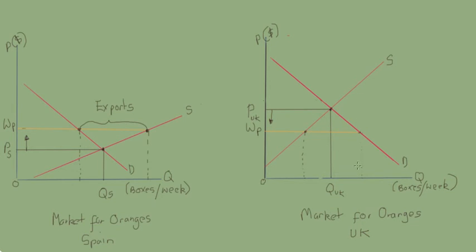answer. So in the United Kingdom, the price of oranges has fallen down to this new world price, and we have obviously delighted consumers buying more oranges, and then we have the probably slightly annoyed British Orange Growing Association, which has seen its production fall in the face of competition from the more efficient Spanish industry. So this horizontal distance between the demand curve and the supply curve, so imports are equal to demand minus supply at the world price. And what I was hoping to do, in addition to have the price obviously be the